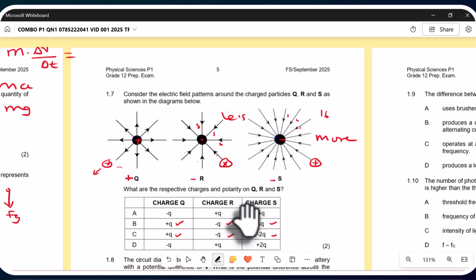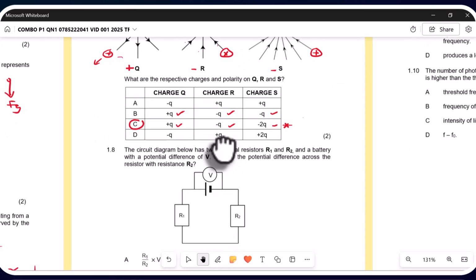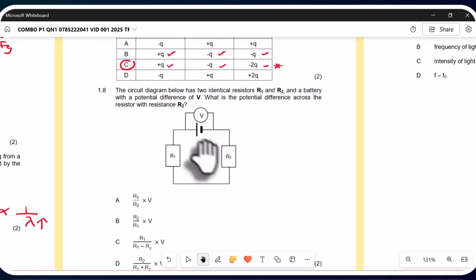So the potential difference across resistor R2, like they're asking here, is shared like this. You're going to say that the V total, you multiply it by the resistance of R2, and then divide by what? By the total resistance, because we are sharing equally. So for that matter, the answer is going to be D, because the resistors are equal, they're going to share the total voltage. Let us proceed then. Next question here,